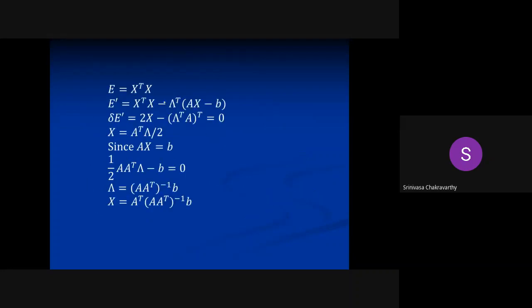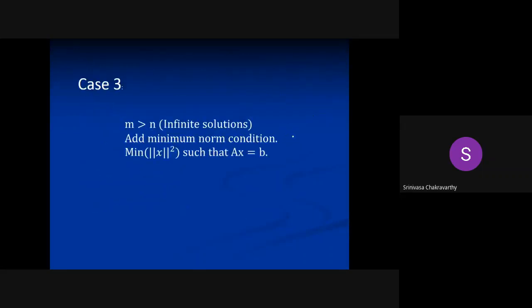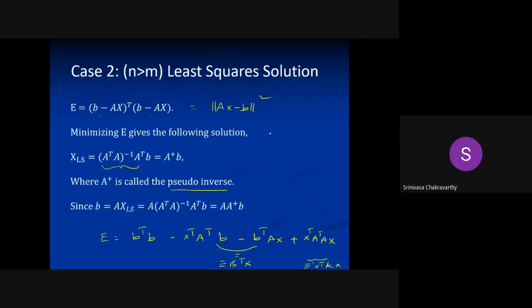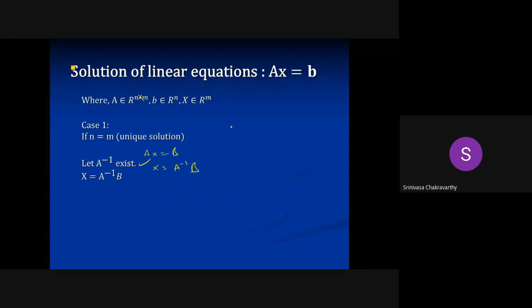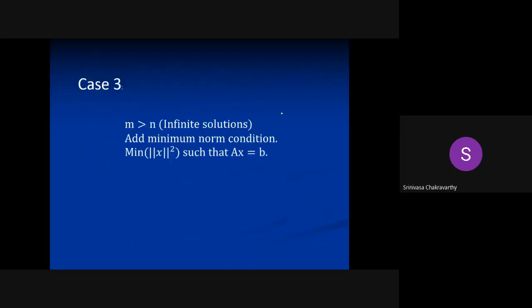The same thing in multiple dimensions, in the more general case, will look like this. E is x transpose x, which is just the norm squared of x. We're trying to minimize that under the constraint, so the constraint here is Ax minus b is equal to 0. Now, Ax minus b equal to 0 has many equations. It has n equations, because n stands for the number of equations.